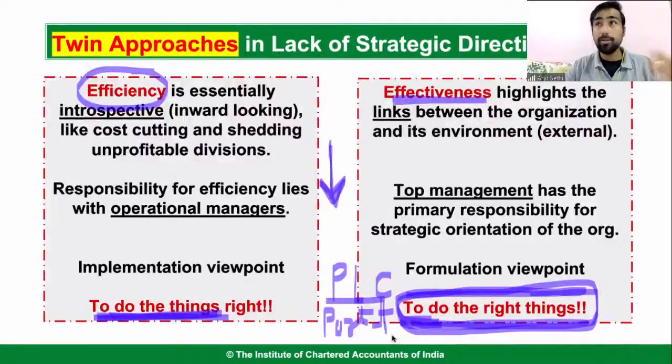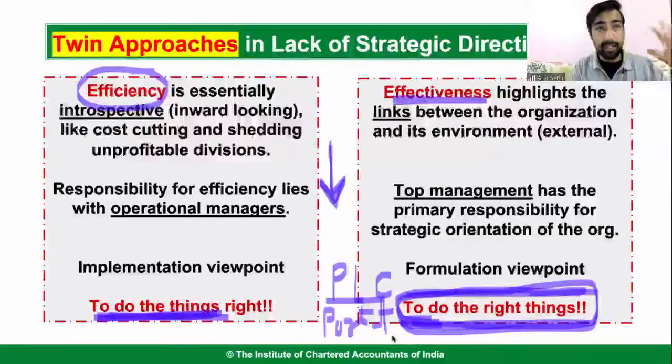अच्छा, मेरे को दिख रहा है losses हो रहे हैं. Is it a dog or is it a question mark? ये तो मैं matrix से समझूंगा, right? So to be effective, you have to do analysis. Portfolio analysis करोगे, business analysis करोगे, you will do a product life cycle analysis. When you will identify मेरा business growth phase में है, stable है और declining है.